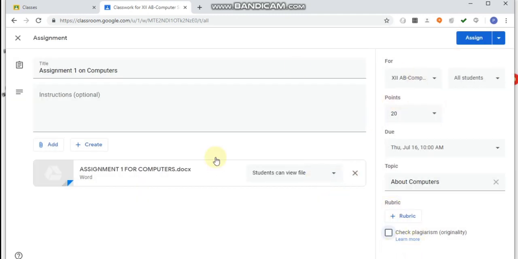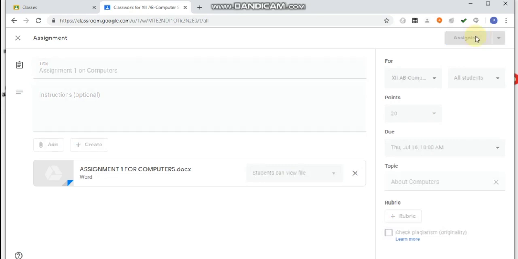And after giving everything, after adding the assignments, you can add more assignments by clicking on add button here. If you want to give some more attachments, and then you can press, finally you can press assign button at the top right side.